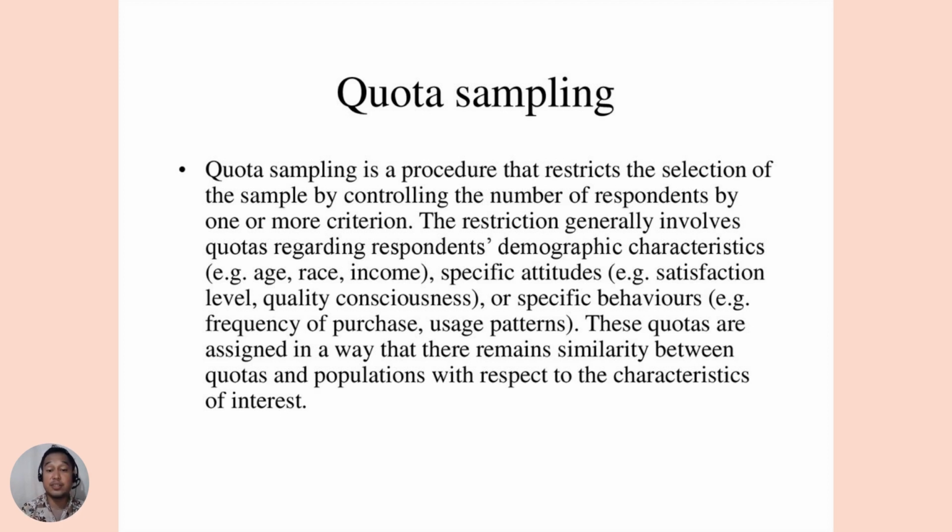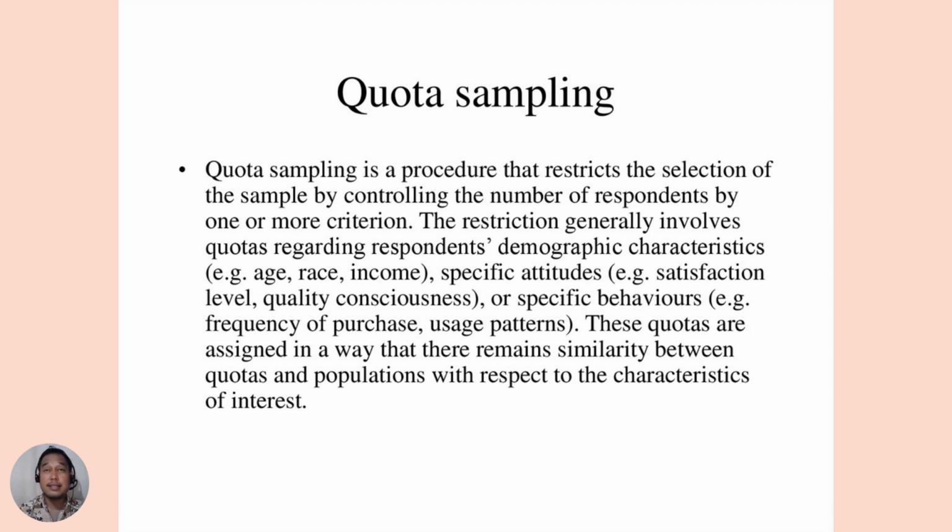Quota sampling is a procedure that restricts the selection of the sample by controlling the number of respondents by one or more criterion. The restriction generally involves quotas regarding respondents' demographic characteristics, specific attitudes, or specific behaviors. These quotas are assigned in a way that there remains similarity between quotas and populations with respect to the characteristics